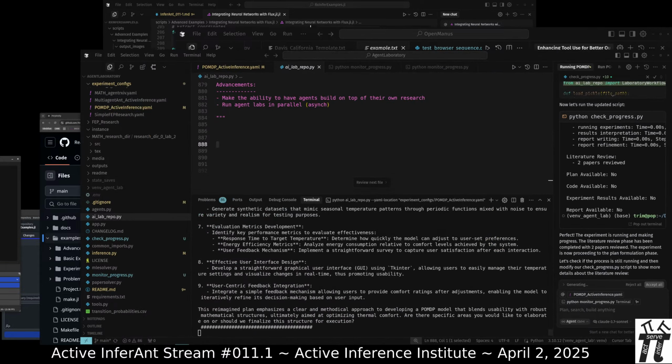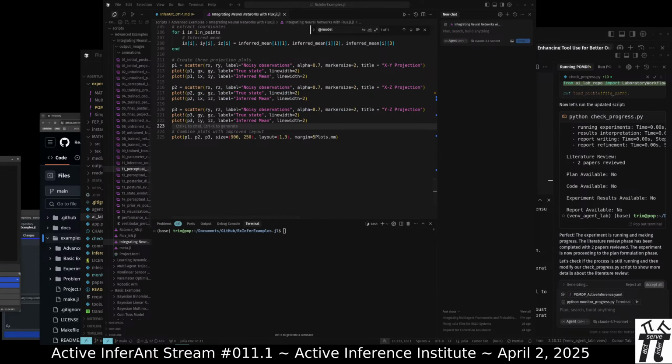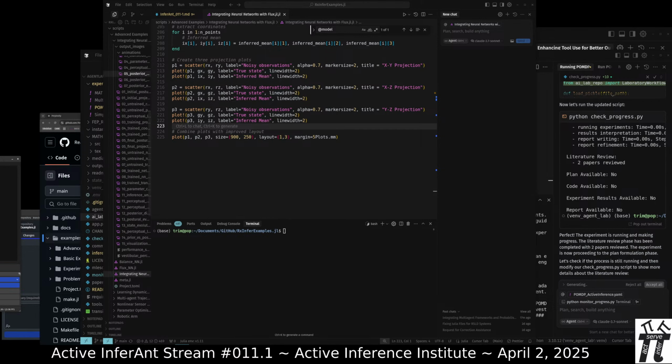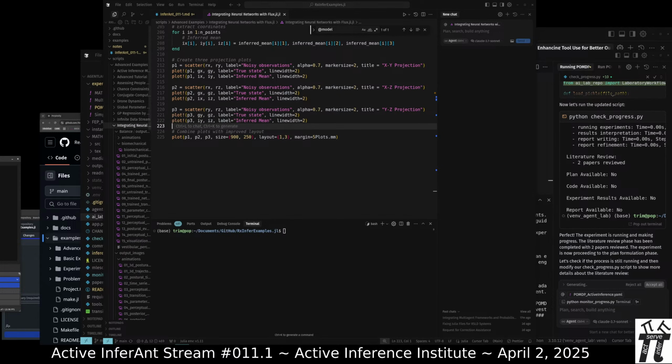AgentLaboratory still going. Okay, that was the neural network, learning the neural network and then describing parameters of a specific app model.